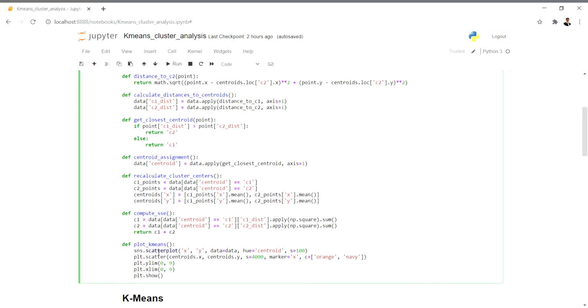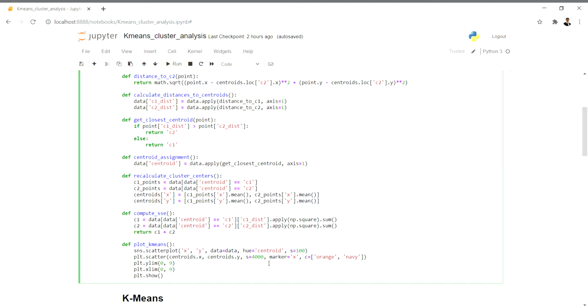Keep in mind that this scatter plot is from SNS, so from SNS you call the scatter plot, and from PLT, that is matplotlib, scatter. This particular thing, centroids of x and centroids of y, is for marking the cluster centers, and these are for the points.